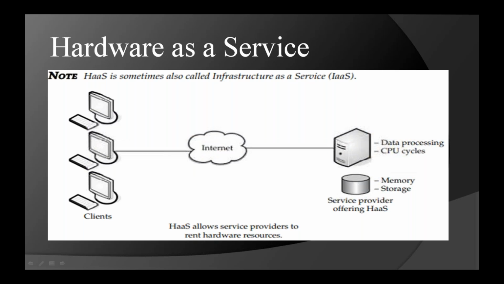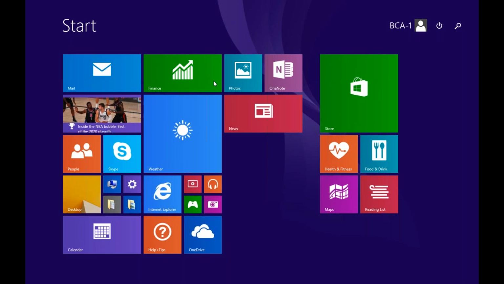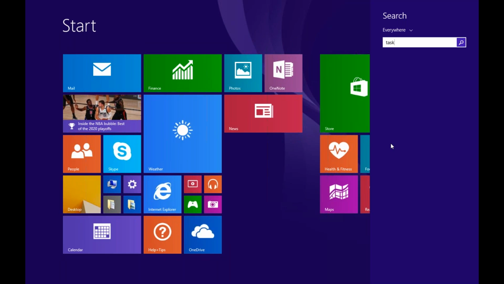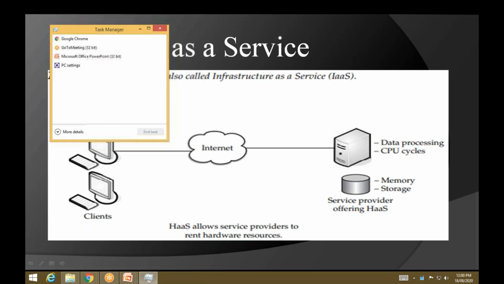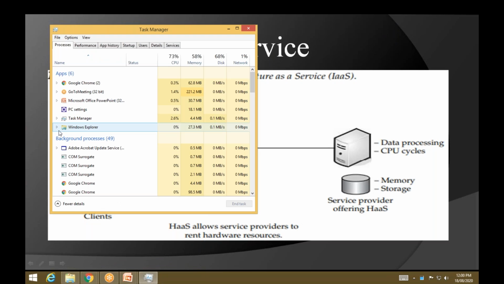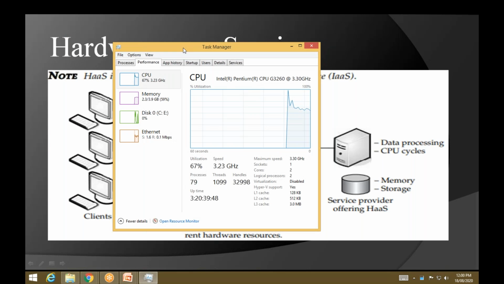Just go to your desktop, click on the Windows button, and after that just type task manager. Okay, now once you have the task manager, just click on more details. Okay, and here you have performance as an option. So here you are seeing the CPU. Okay, I hope this is visible to everyone. You are seeing the CPU over here. It is about the memory and the disk, and this is about the Ethernet, how much data I'm accessing from the internet. So this thing I can call a CPU cycle.